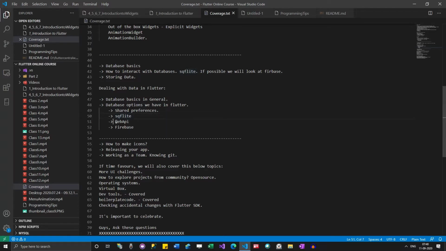And then web APIs. You have learned Oracle or MySQL as part of your academics, right? If you want to interact with such kinds of databases, web API is something you should be using, because Oracle, MySQL or SQL Server, there are so many databases. These are relational databases, and they sit on some server. They can't run on a mobile phone. They are sitting on some server where you have to connect to them to interact.